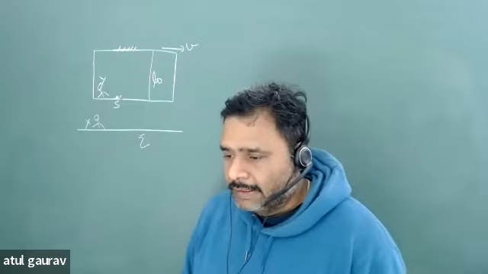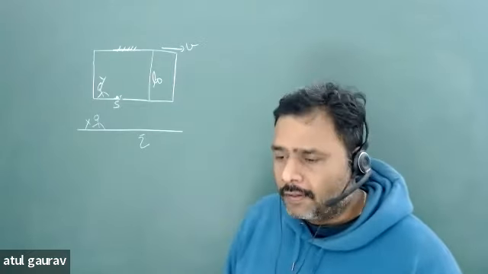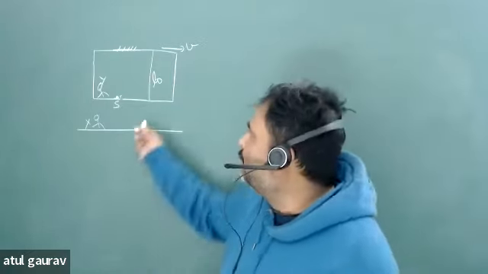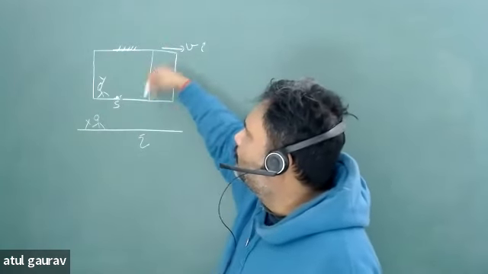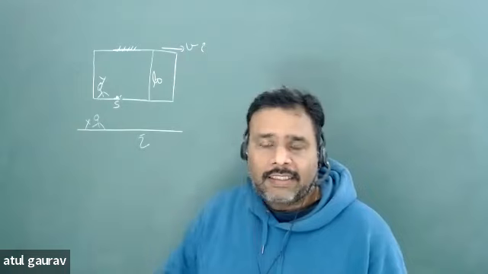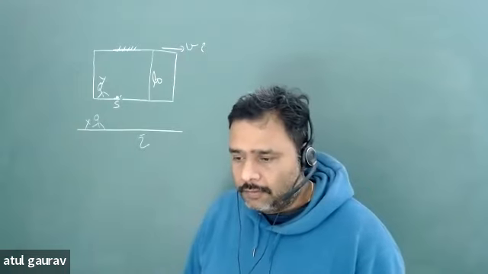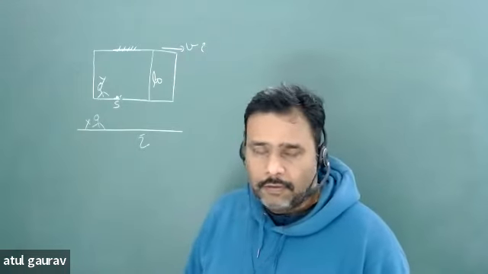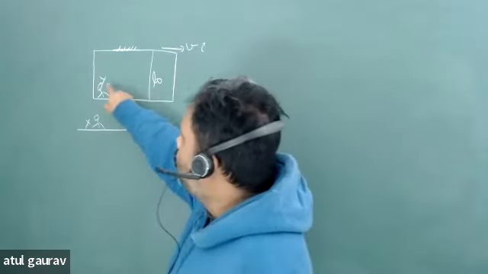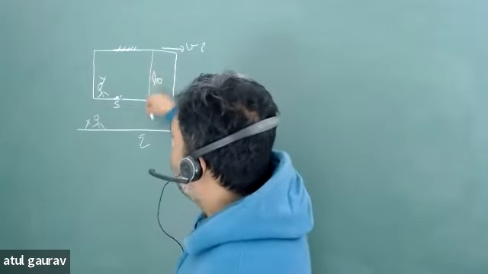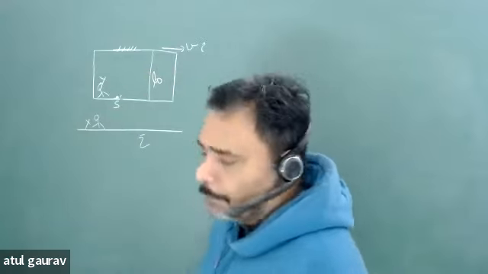Tell me. L into 1 minus L naught. This is vertical, right? This is in the y cap direction. So in the y cap direction, will there be any length contraction? Zero. No, there is not any length contraction. So this distance for y and x, for both, is the same.